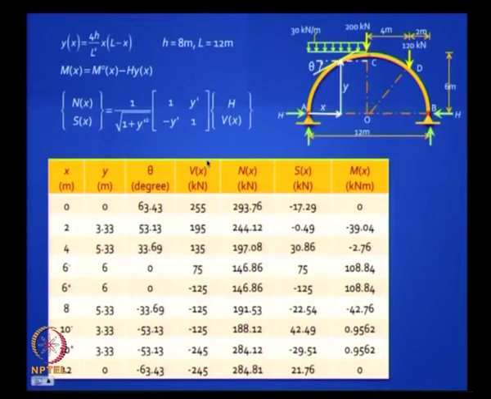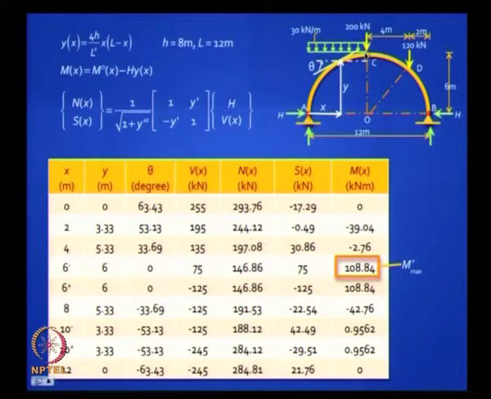We have done this for 3 hinged arches. So this is not something worth doing in a class here, but definitely worth doing for an assignment so that you are familiar with it. So please go through this problem, see that you are getting the results, and then you plot, look for the peak values. Now we got the maximum moment as 108.84, and that is exactly at the crown. It makes sense, that is where you will get it.